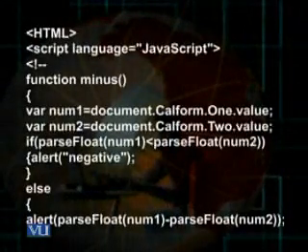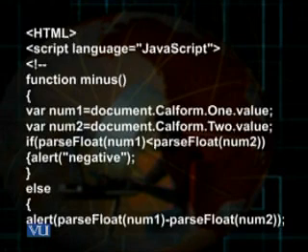In the slide you can see I have used an if statement to explain the concept. Again the HTML tag, then the script tag, and I have in fact used the same calculator example to explain this concept. Function minus, and then I write statements where num1 equals document.calform.one.value.